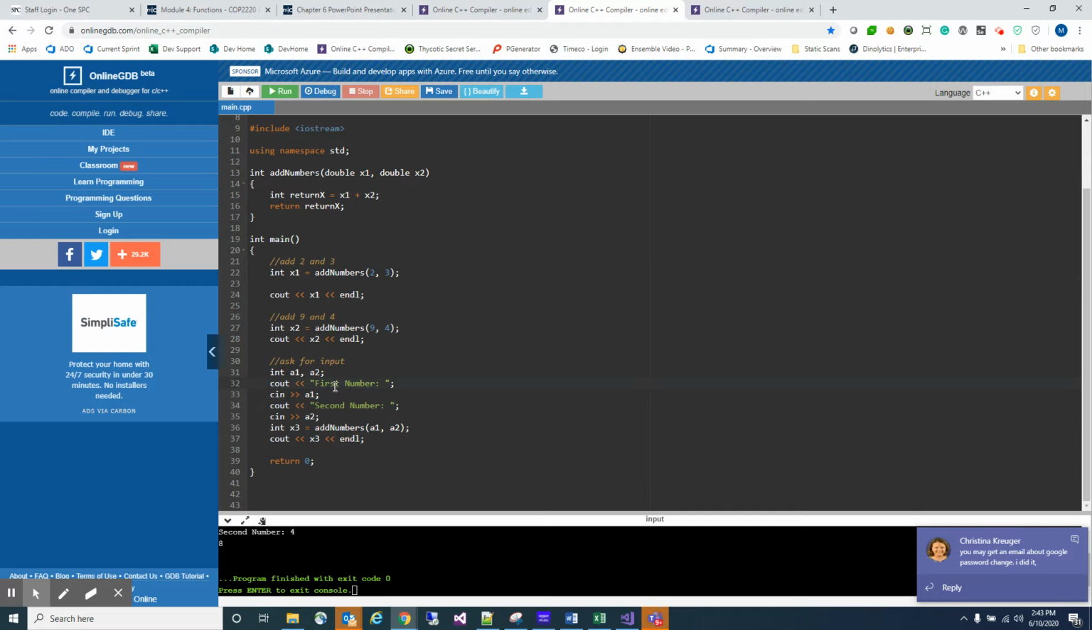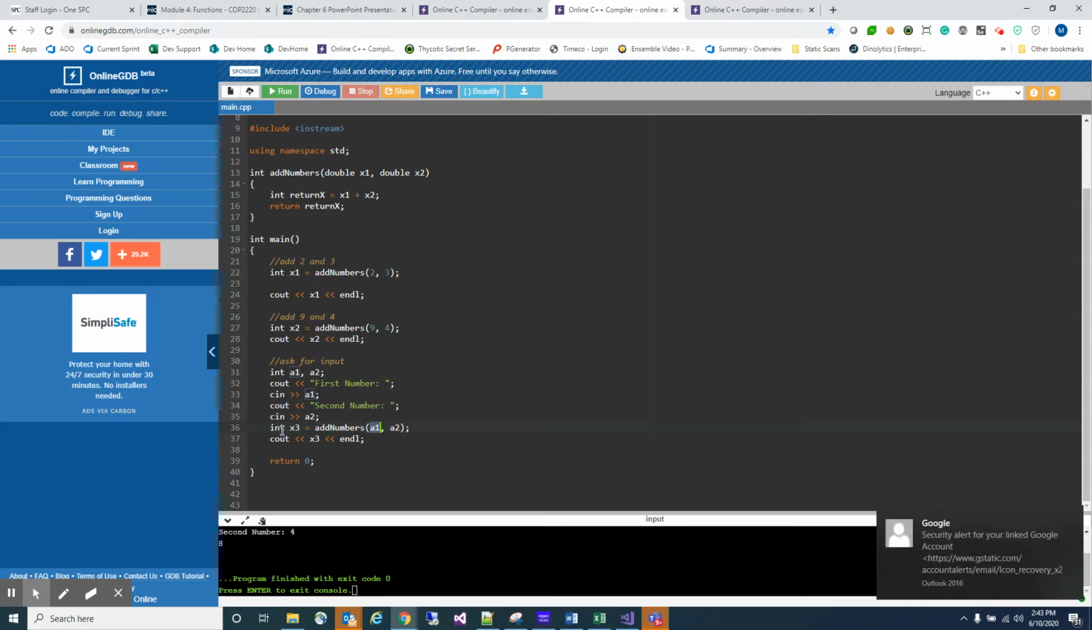With that, you're going to see that, for example, A1 here can't go up in here and be part of this function because it's not in the scope. They're outside of different scopes. So what happens is, because this is an integer,